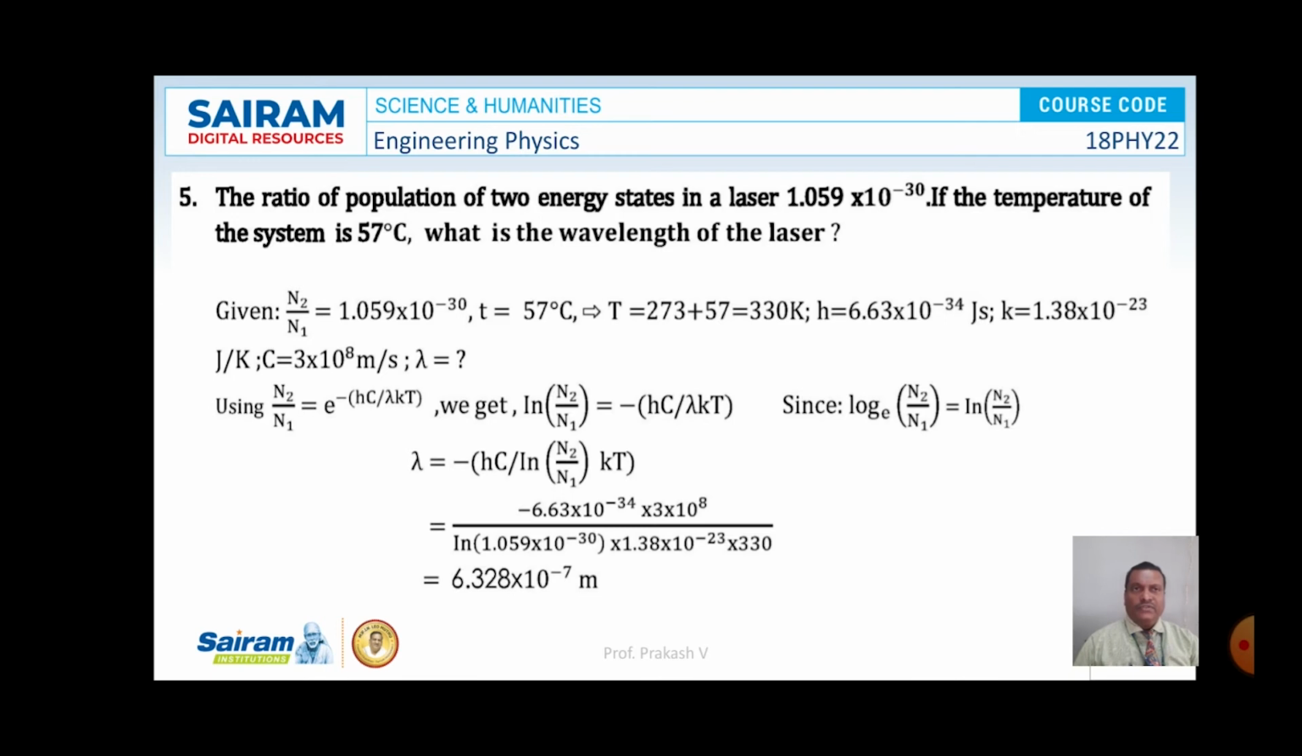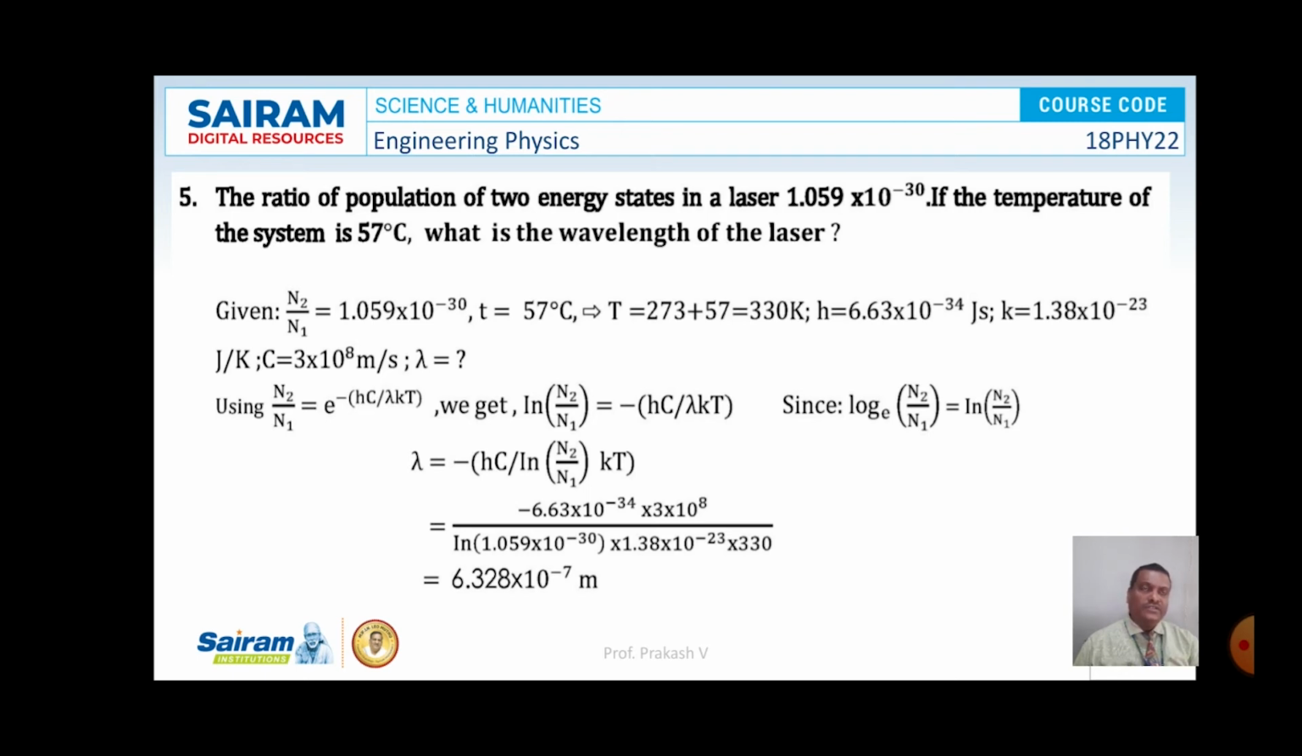The fifth one is the ratio of population of two energy states in a laser is 1.059 into 10 to the power minus 30. If the temperature of the system is 57 degrees centigrade, what is the wavelength of the laser? So here N2 by N1 value is given as 1.059 into 10 to the power minus 30 and T is 57 degrees centigrade. So converting that into Kelvin, it will become 330